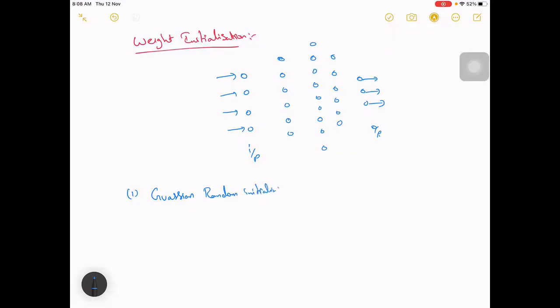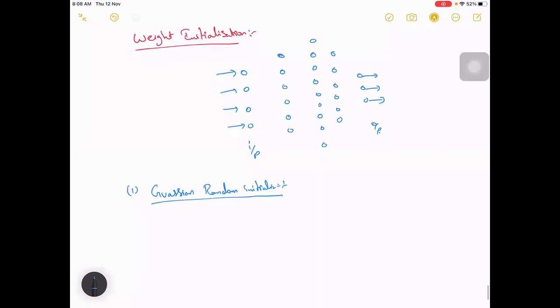This means your weights in each layer should follow a Gaussian. Let's say you have 10 weights, those 10 weights should follow a Gaussian. We mention the mean and the standard deviation.